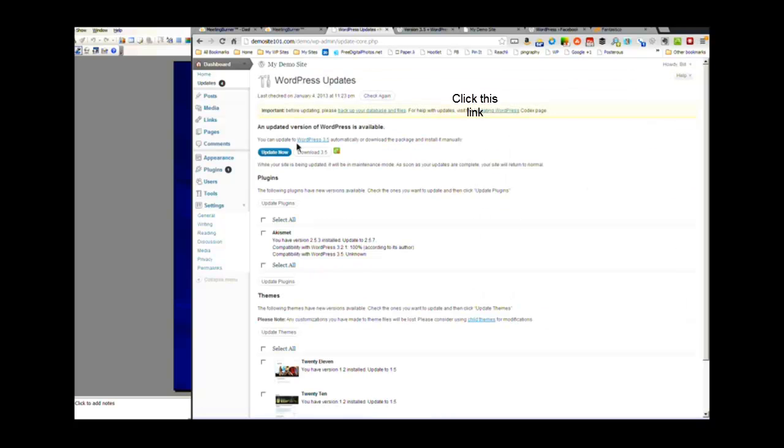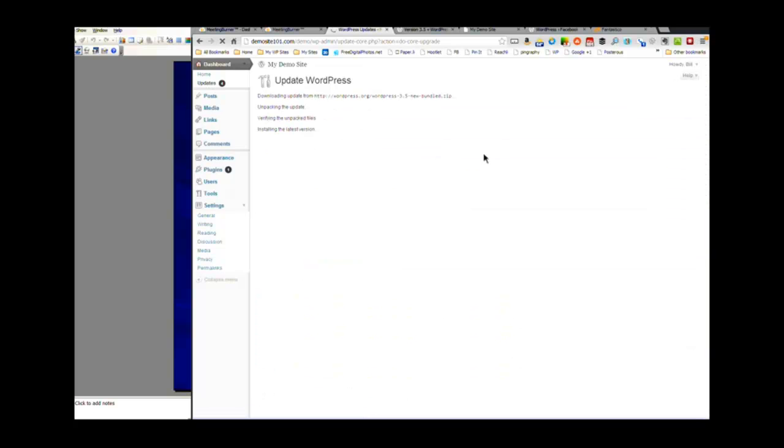But what I would do is just click the button that says please update now, and then it's kind of like Windows, right? Are you really sure you want to do that? An updated version of WordPress is available. You can update to WordPress 3.5 automatically or download the package and install it manually. So we're going to hit update now. Notice that I have not deactivated or disabled my plugins because I made a backup. So I'm going to click update now. If you want to be completely safe, you would go ahead and deactivate your plugins. So I click the button,